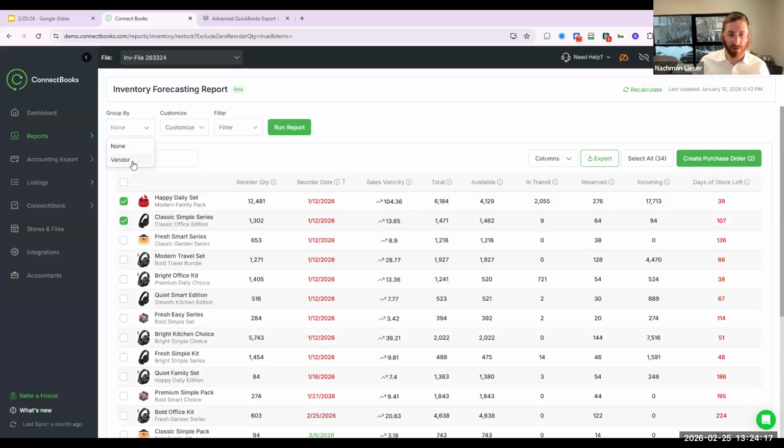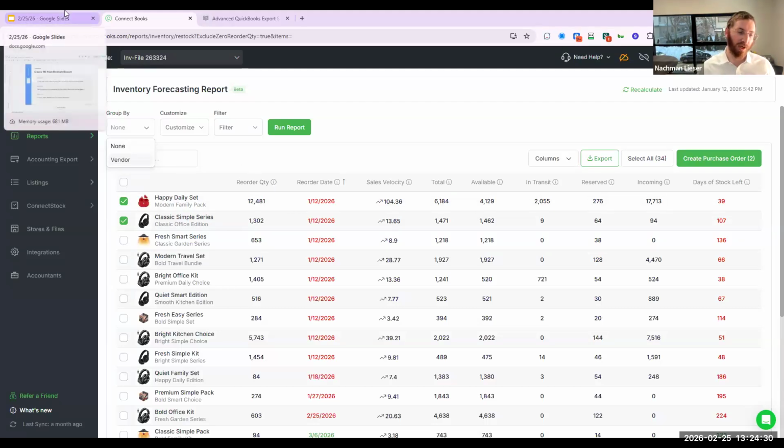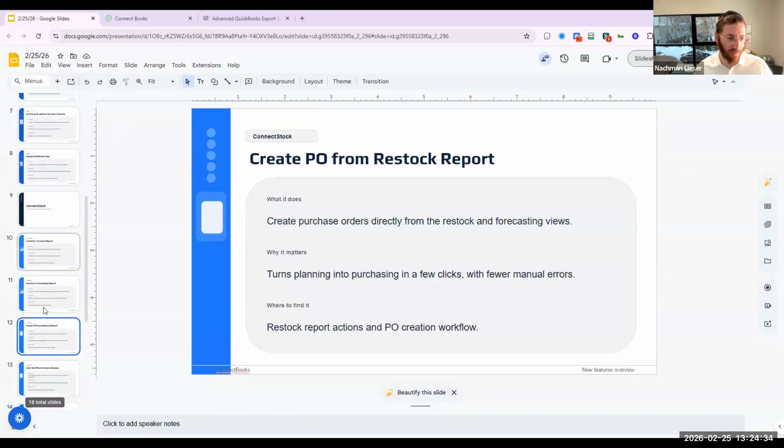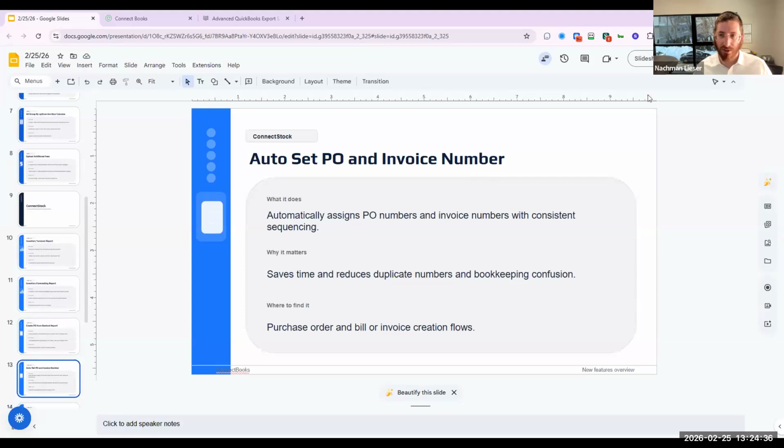You can also group this by vendor, so it might make it a little easier if you group this by vendor to create a purchase order, let's say for just a particular vendor. We'll have another webinar where we get more into the forecasting, so we're not going to spend more time on it now. Okay, our next thing is